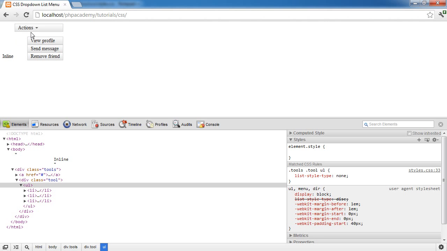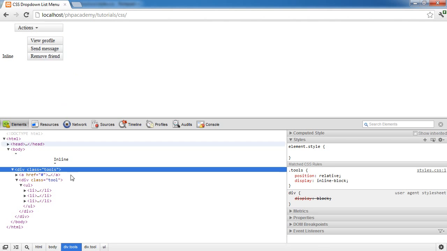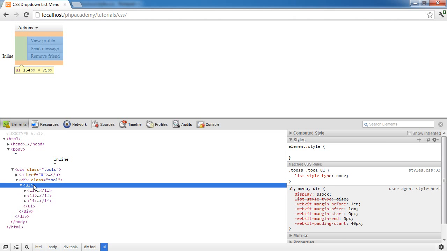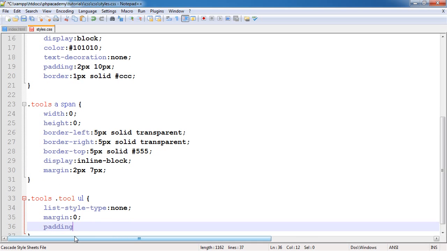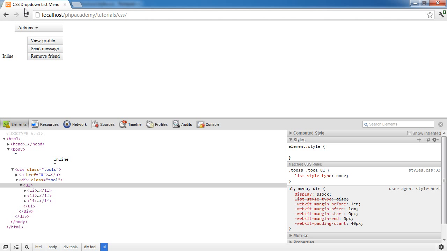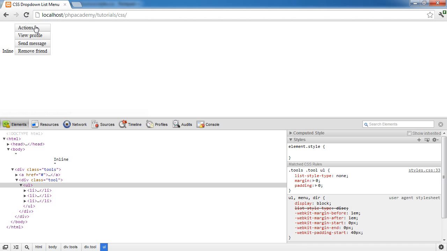We've got padding just here, and we've got a margin here. So this part of the element, let's just look at it. The orange part of the element is the margin, and the green part of the element that you can see is the padding. So we need to set these both to 0. So margin: 0, padding: 0. So when I refresh now, perfect. So everything's lined up